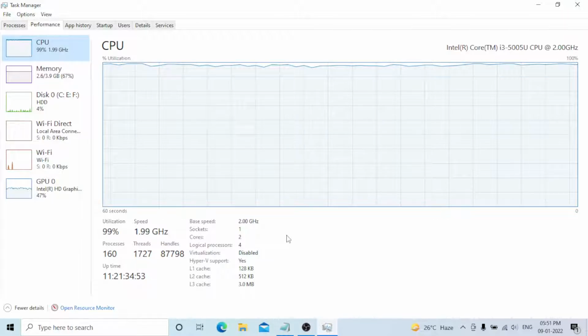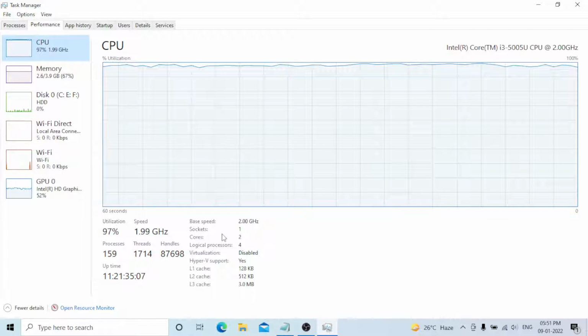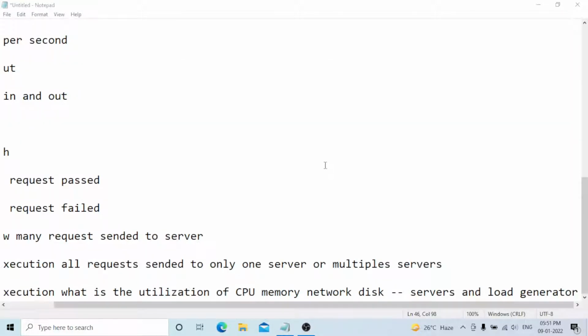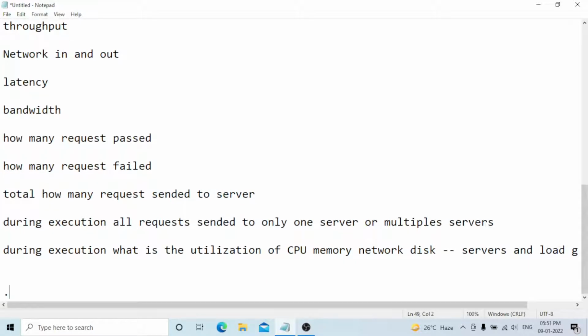For example, you can see the logical processors. In main systems, meaning company systems, there will be very high numbers, 8 or 10, and cores and sockets will also be provided. The capacity is at a much higher level compared to our general systems. This is also one of the ways you need to check the utilizations. That's all from this point of view.